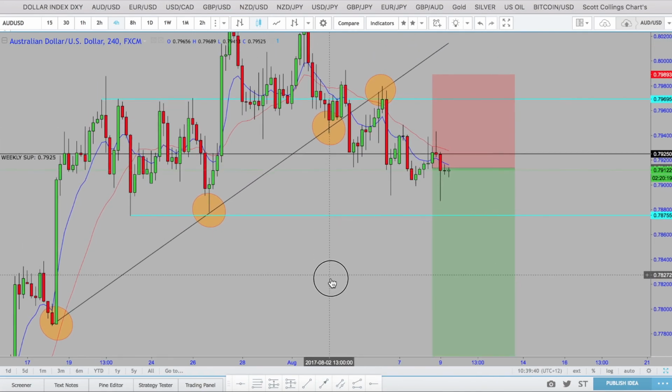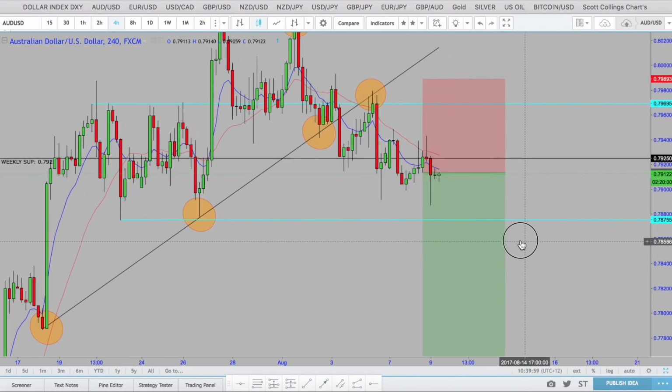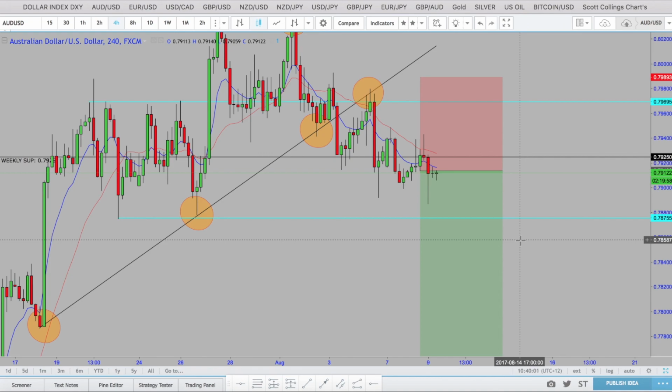So I will continue to update this trade as we move further, and I will update once we get to either could get stopped out, or if we move lower towards this level, and I will give an update on if I'm going to add to the position, or where I could trail my stop to cover some risk,